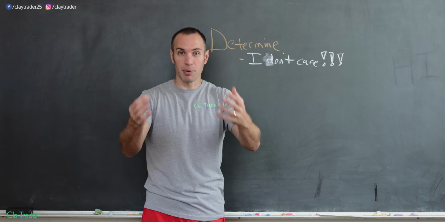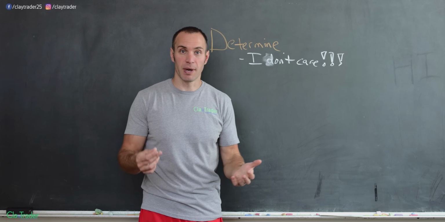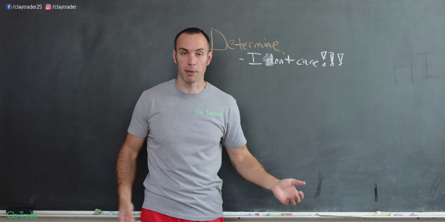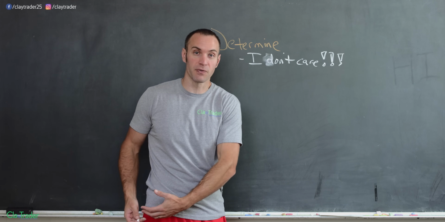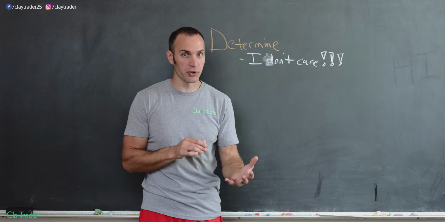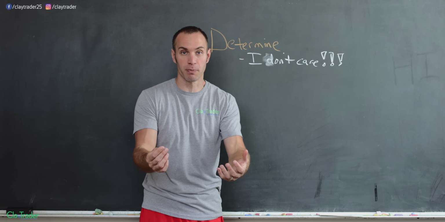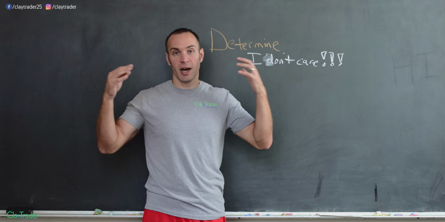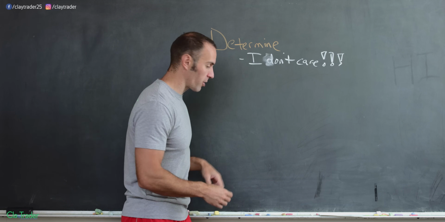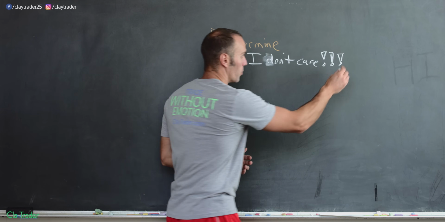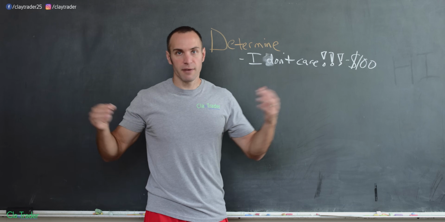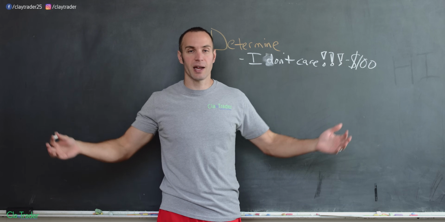So for an example, if I told you you're going to lose 10 cents, how do you feel about that? I would assume most people would say, yeah, Clay, I don't care if 10 cents falls out of my pocket. Now, if you do care that 10 cents falls out of your pocket, I don't think trading's for you. I'd say you're a little bit too uptight about your money. But again, the number just needs to be something where I don't care. So for me, and this is just for me, it would be $100. If $100 disappears, I don't care.